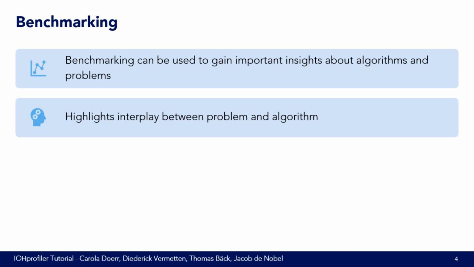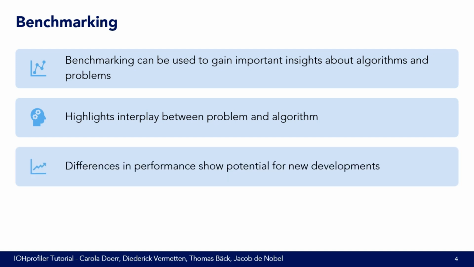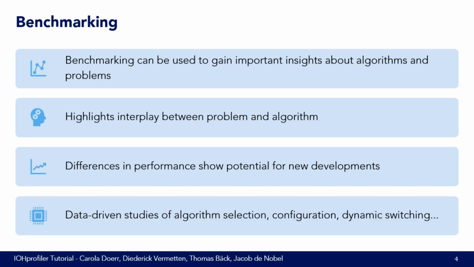What characteristics of the problem make the algorithm behave differently, what characteristics of the algorithm make it work differently on different problems. And then we can identify differences in performance, and this gives rise to different potentials for development. So if we see that some algorithms perform well on type A and not on type B, and the other way around, that is something that might inspire us to either make an algorithm that works well on both of these. But in many other cases, rather it guides data-driven studies of things like algorithm selection, algorithm configuration, or even